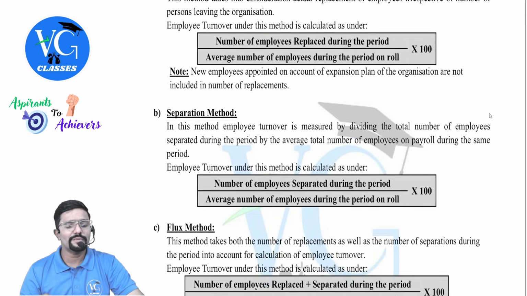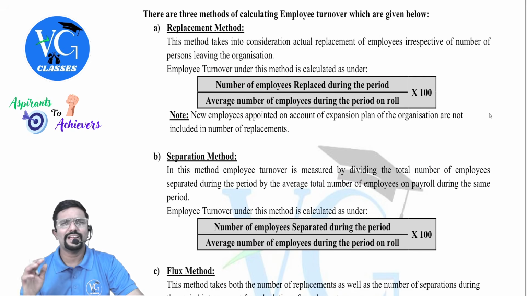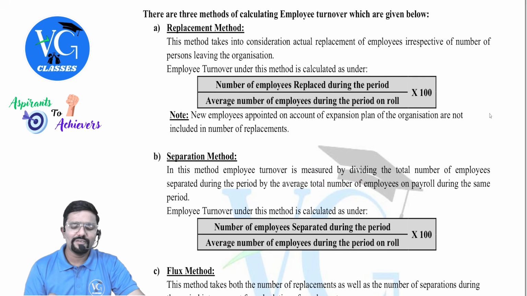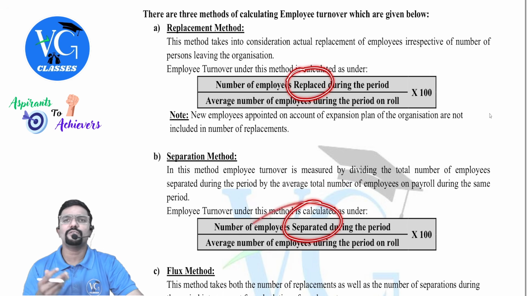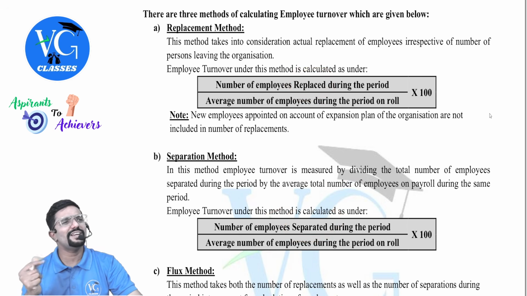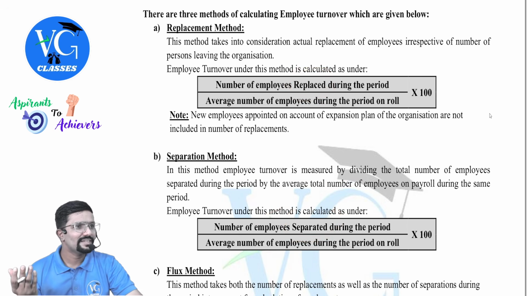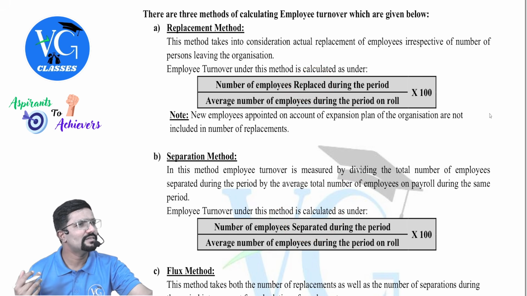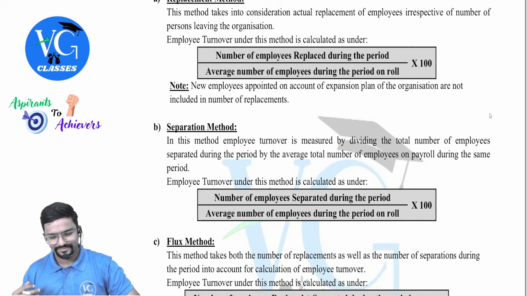Okay, whereas for the first two methods, only one formula. And it is very easy, guys. Don't feel it is tough. Why, sir? The name itself is telling what you have to use in the numerator. Denominator is common, average. Clear?